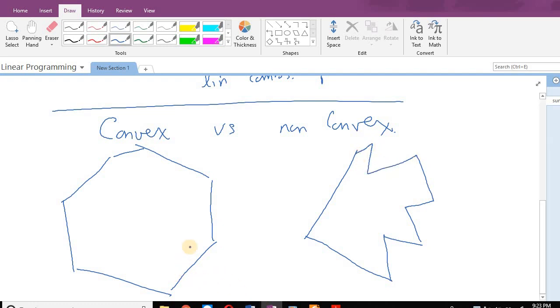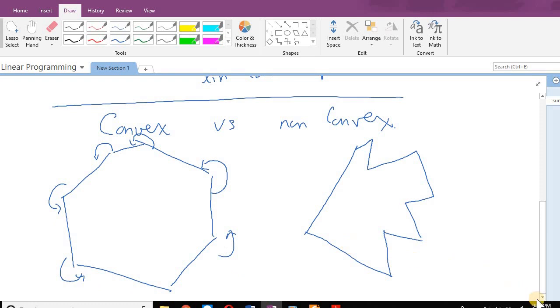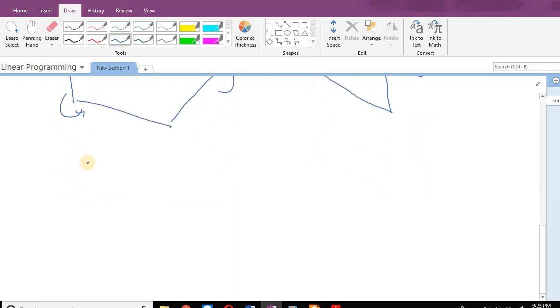Okay. Now you can see visibly a difference between these two. One way you can characterize this is if you look at all of the exterior angles. All of the exterior angles are greater than 180 degrees. So that's one way of characterizing convex. So you have these exterior angles